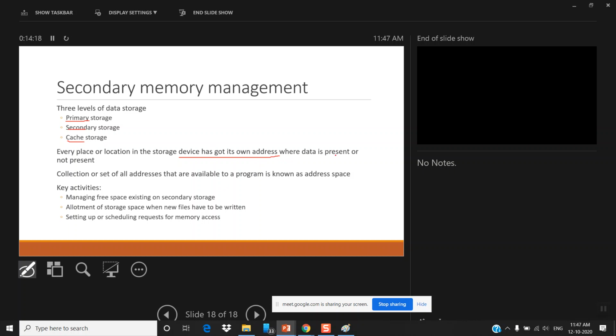Where data is present or may not be present, it may be free, but for every location there is its own address in the secondary or primary storage. The collection or set of all addresses available to a program is the address space. Every device has its own address space. Where data is going to be stored is accessed by address, and that is the address space. You have to remember the concept of address space. And which are the key activities here? Managing the